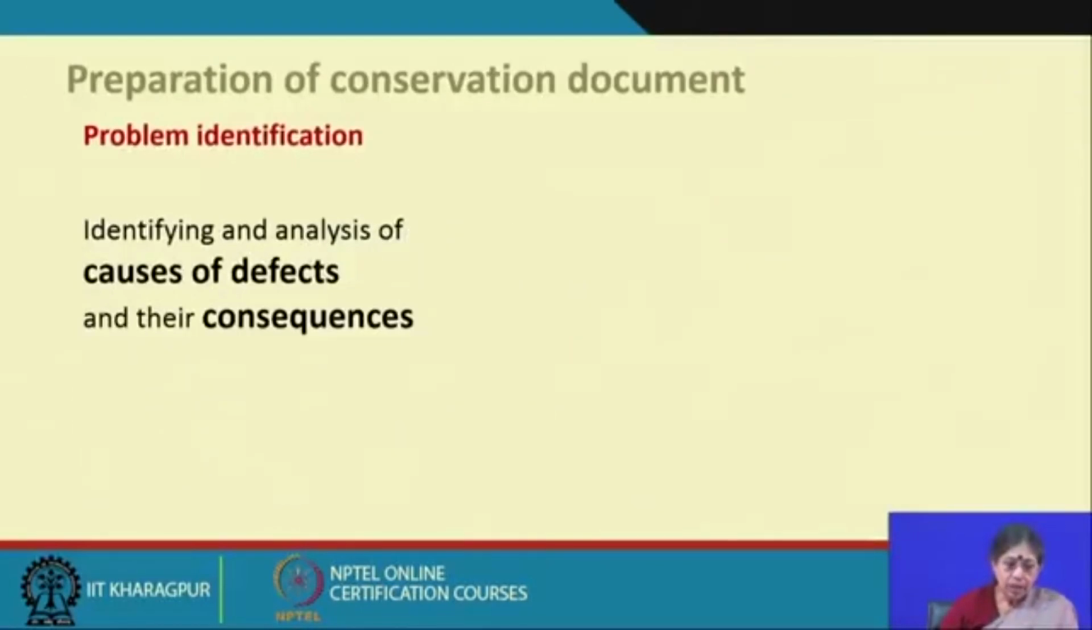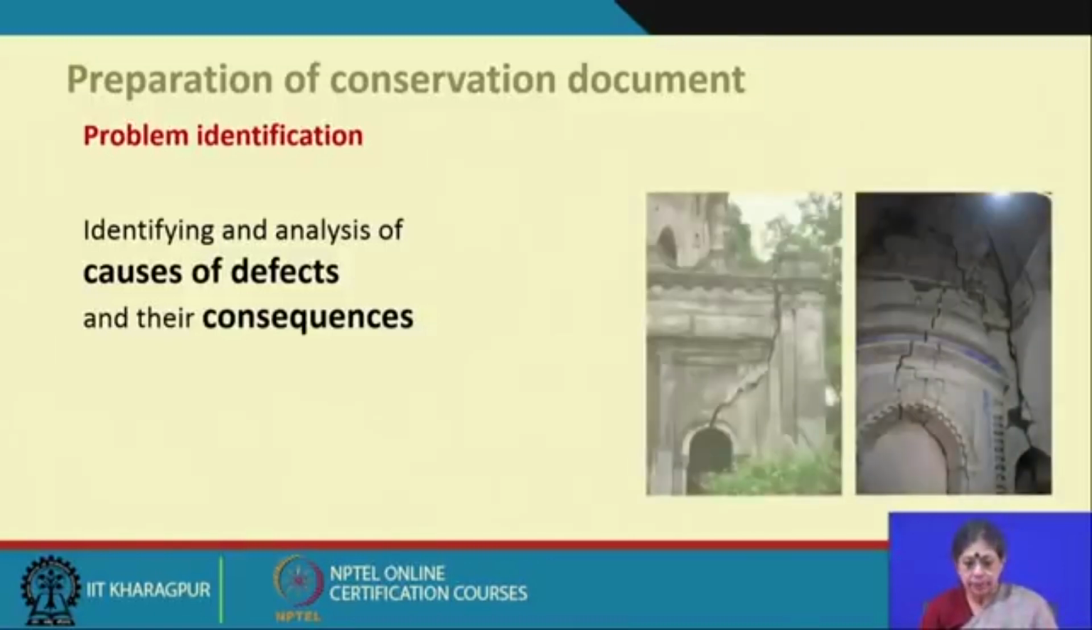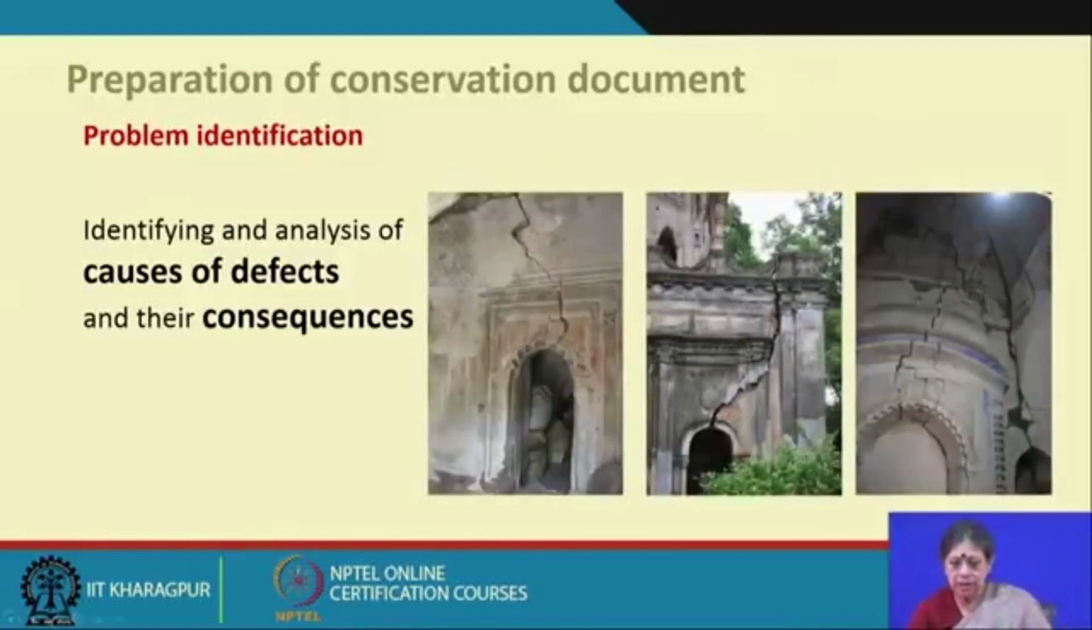to understand what the problems are. So, the major idea of this problem identification is analyzing the causes of defects and their consequences. One has to remember very clearly what the causes of decay are and what the consequences are. As you can see, there are cracks, different types of cracks. Now, are all the cracks of a similar magnitude, of a similar kind? This has to